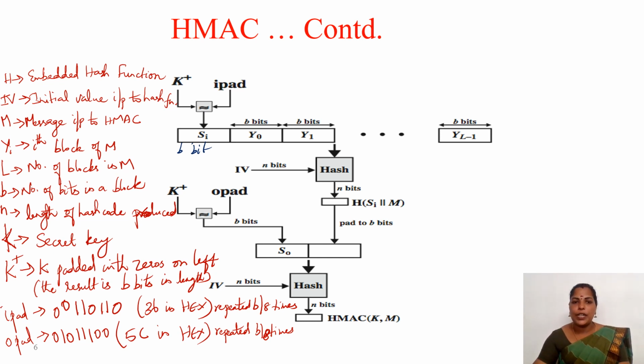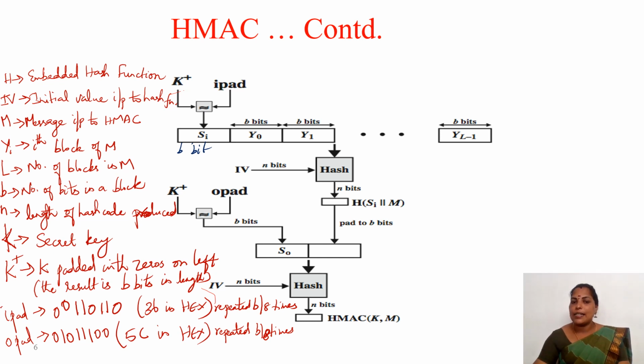So we need to generate a B-bit stream Si. What we are doing is padding the secret key with zeros on the left, so that the result is B bits in length. Then IPAD is 36 in hexadecimal,